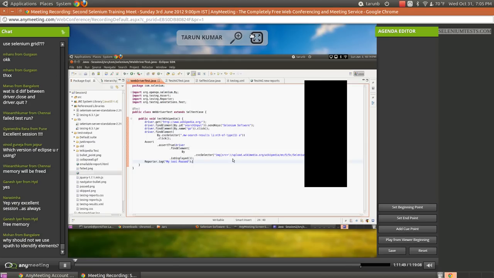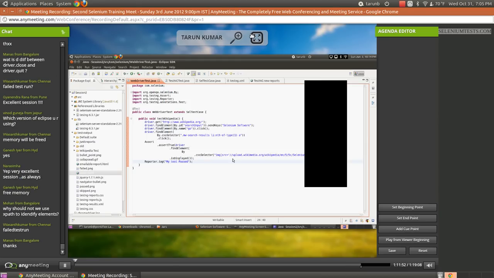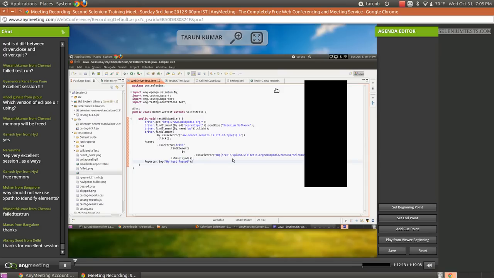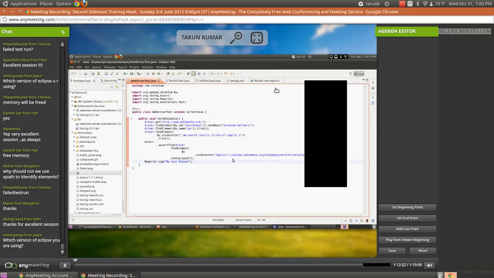Any other question? There were a couple of questions coming in the middle. I was not able to focus on them. So why should we not use XPath to identify elements? Okay, so Mohan, the problem with XPath is, if you saw the first session, XPath can be used to navigate forward as well as backward. Because of this capability, XPath introduces lots of delays in identifying the elements. The same element, if you identify using just ID or using CSS locator, is going to be fast, because CSS locators cannot be used to navigate back in the DOM, which is why it is fast. That's the reason why XPath is usually avoided. But if you have to navigate back in the DOM, then you don't have any option. You have to use XPath.